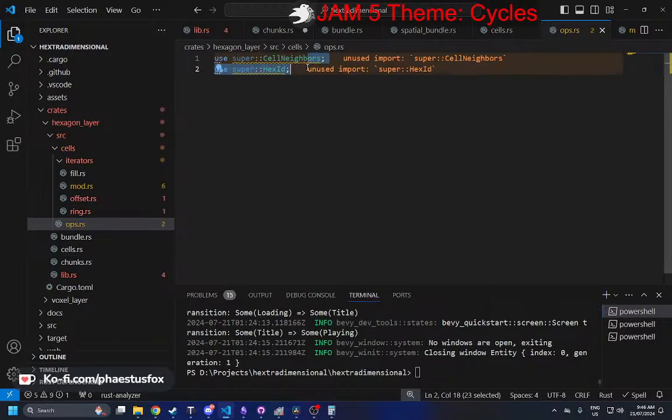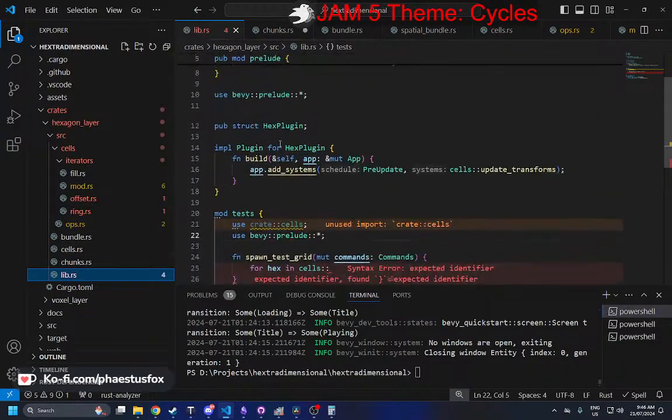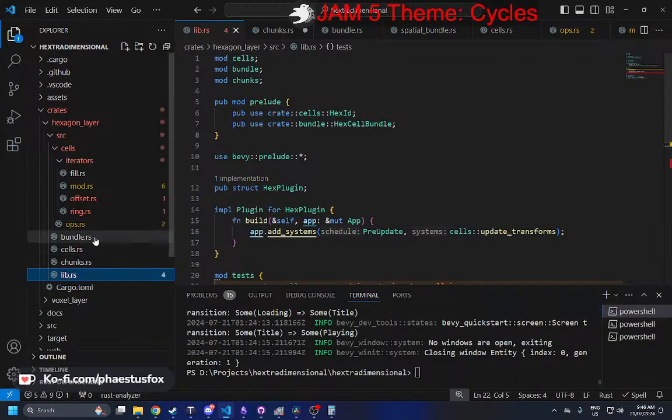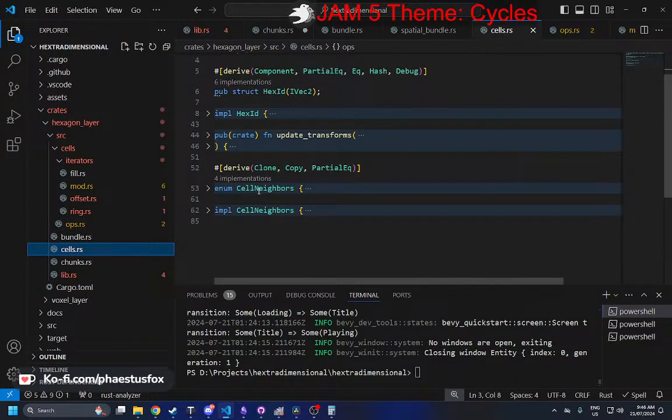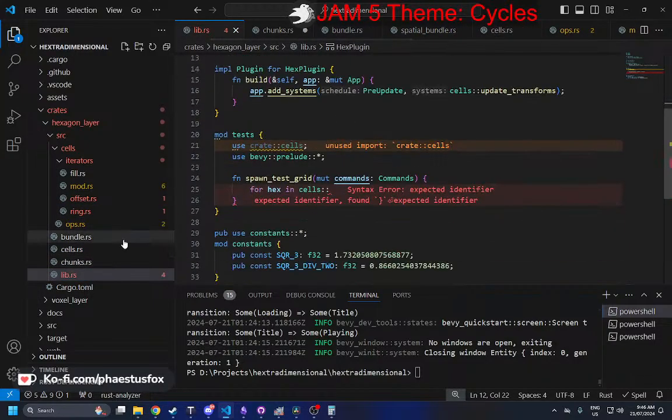I should probably rename this to stick with naming conventions and be hex neighbor. Ah, no, don't do it that way. We could find it in the upper level. And go cells. Where is hex neighbors? We're here. We say this is hex neighbors. I don't know why I change my naming scheme every time I start a new project. It is somewhat obnoxious, but anyway, we're going to say in ops,